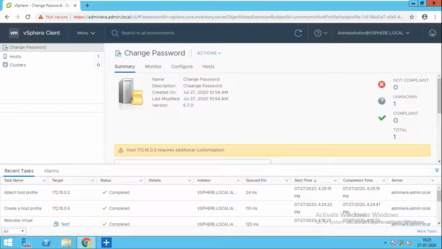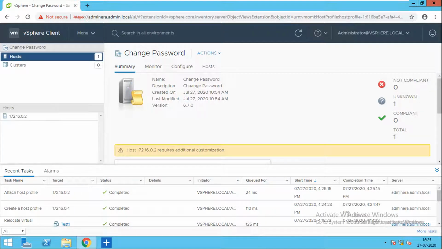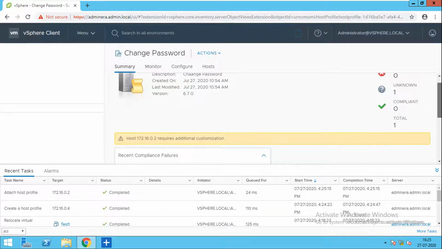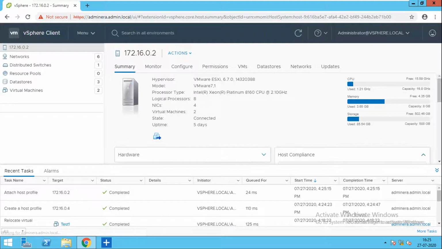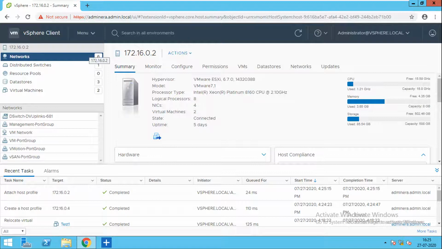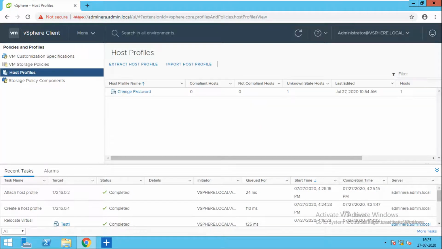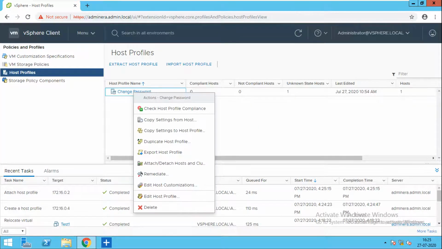Host 0 requires additional customization. I'm just changing the password, so I'll go to the host profile and right click.